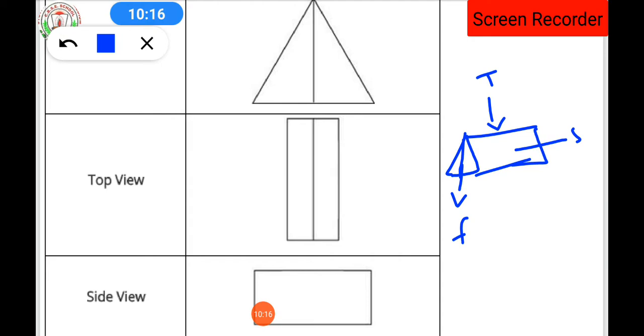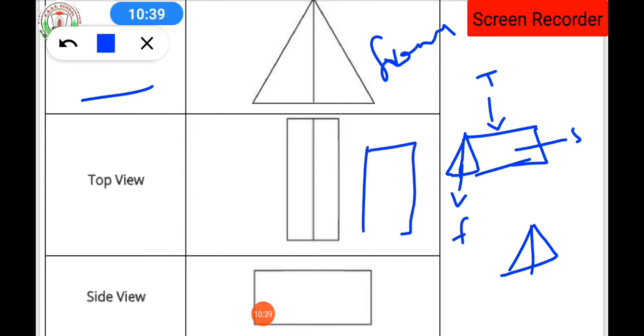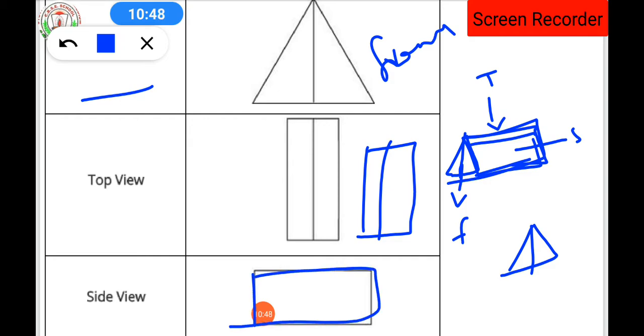So you can see that this one is the front view. When we look at the tent from the front, that part is in the shape of a triangle with the median, and it will be visible. So this one is the front view which we have to draw. Okay, then looking from the top, meaning if we look at the military tent from above, how will it look? It will appear in this shape from the top view. Then if we look at the same military tent from this side, it will appear in this shape. So here we had seen a rectangle shape.